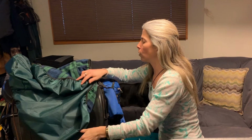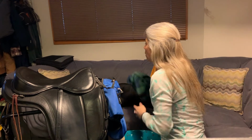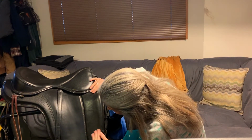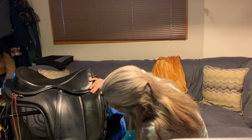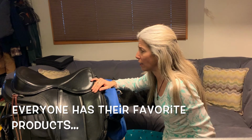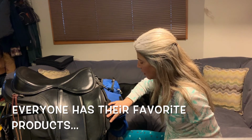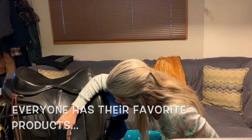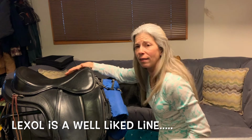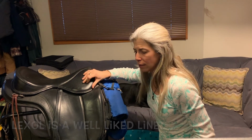You've seen this before. It's my Centaur fleece lined saddle cover. My saddle we went through the other day. I used some Lexol on it, and I am not at all happy with how the Lexol left it. So I will be giving this thing a full clean in the next week or so, because people can say what they want. I found that the Lexol made this Italian leather feel almost plasticky,